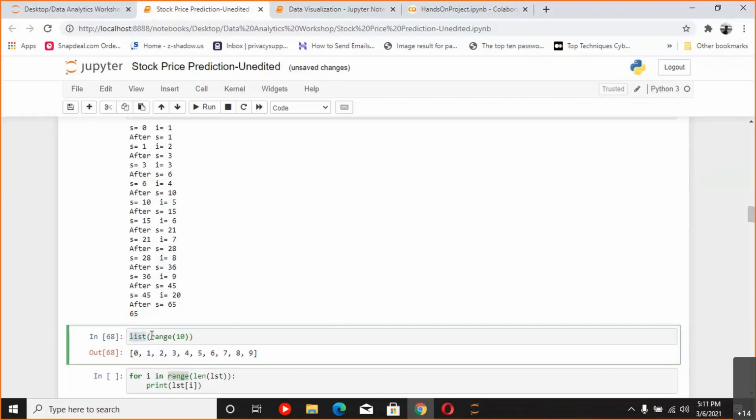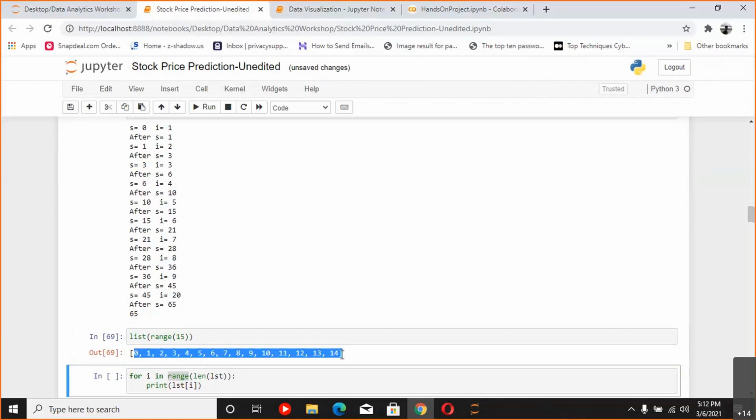when I type list(range(10)), this gives an output of numbers from 0 to 10. But in programming, as I said, counting starts from 0. So what it will output is 10 numbers from 0, so 10 numbers from 0 is 0 to 9. If I type here range 15, then it will output 15 numbers from 0, which is 0 to 14. This is what the range command does. So the range command gives you an output of the number of elements that you want. So this is what we can use in a for loop instead.